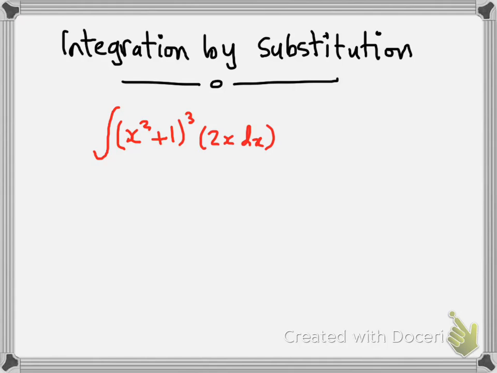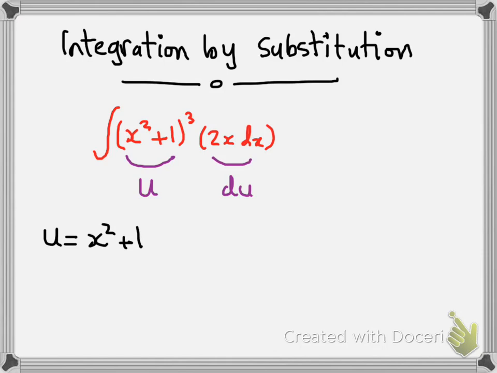So this says to take the antiderivative of (x squared plus 1) cubed multiplied by 2x dx. Now if you observe, you would see that what you have in the 2x dx is the derivative of x squared plus 1 without the cube, that is. So when you do integration by substitution, you have to find an appropriate substitution in there, right? Whose derivative will be replaced into the integrand so that it will make it a bit easier to deal with, right? Because in this situation, if we let u be x squared plus 1,